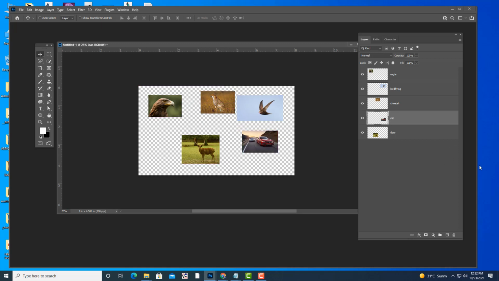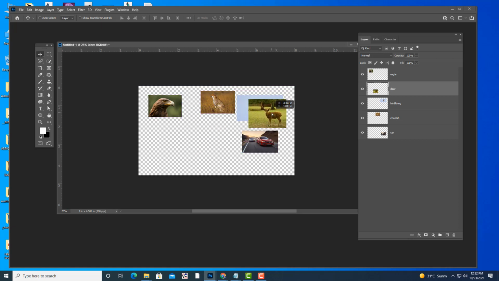In the same way, if you want to put this deer image above the bird flying image, select the deer layer and drag it above the bird flying layer. Now the deer is above the bird flying image. Like this you can change the layer stack and decide which image should be in front and which should be behind by changing the order of layers.